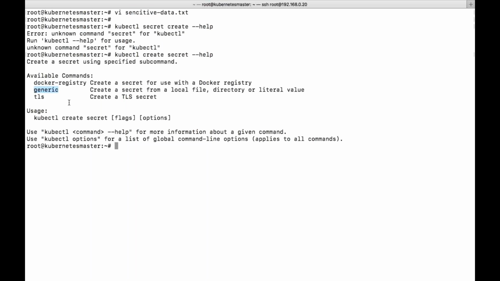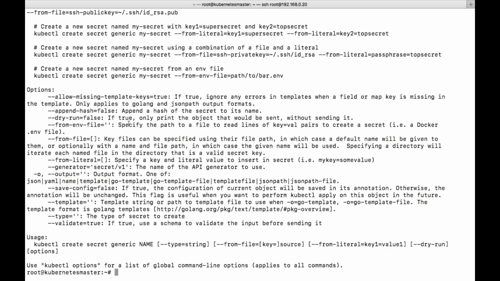So let's use it. kubectl create secret generic. Generic definition. You can see there are a lot of options and examples also. Okay, a single secret may package one or more key value pairs. Key value pairs in the sense username, let's say admin, password, your actual password. So these are like key value pairs.